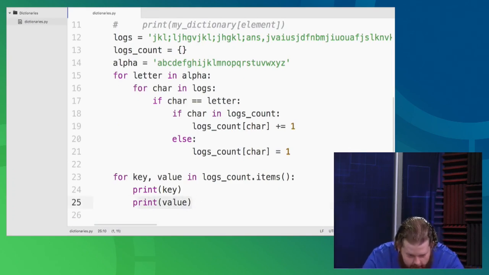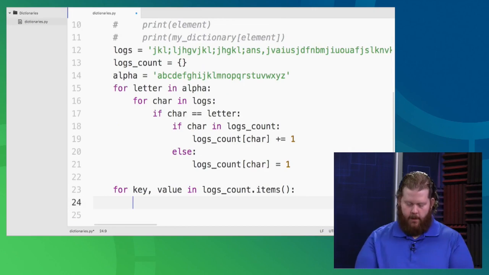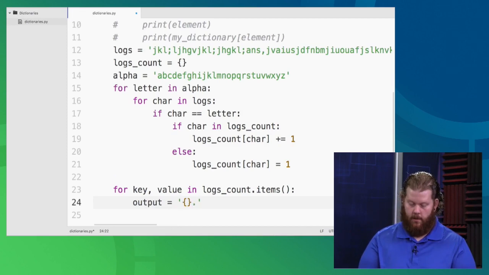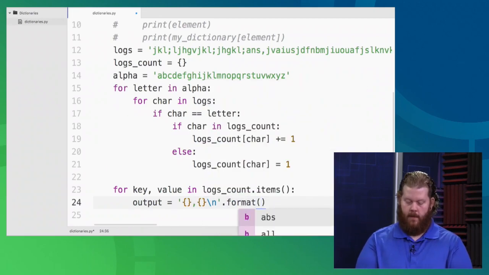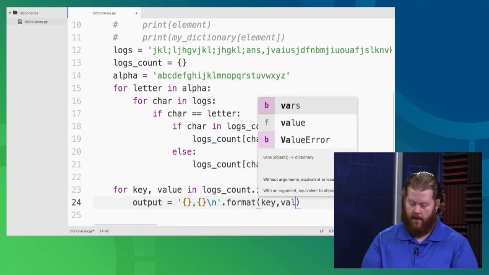So what if I say the output string for each iteration is going to look like some key, comma, some value, and then I'm going to add this \n, format and key, comma, value.